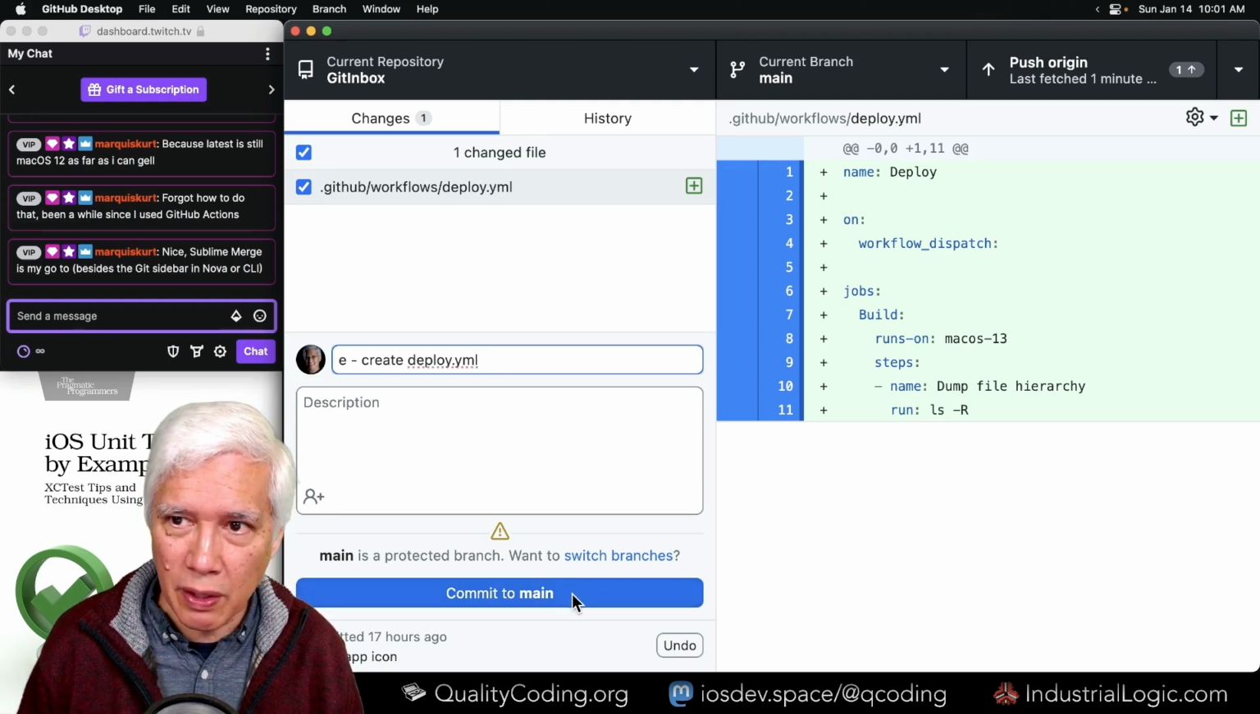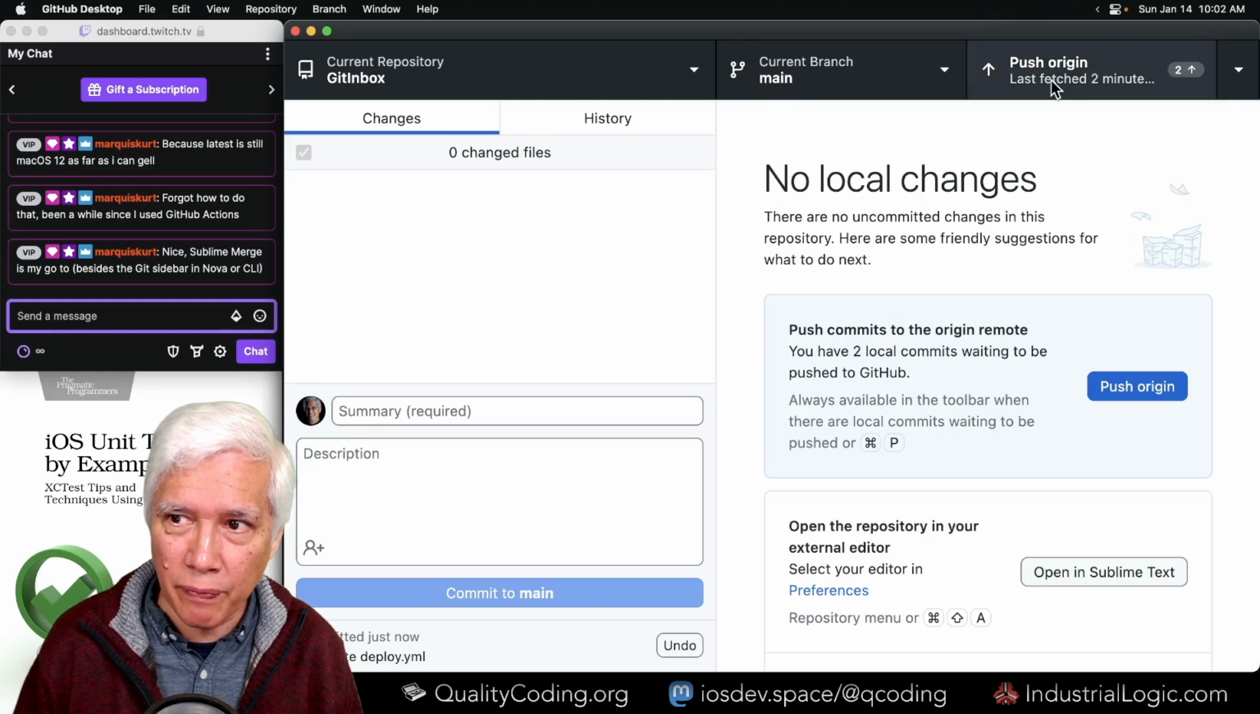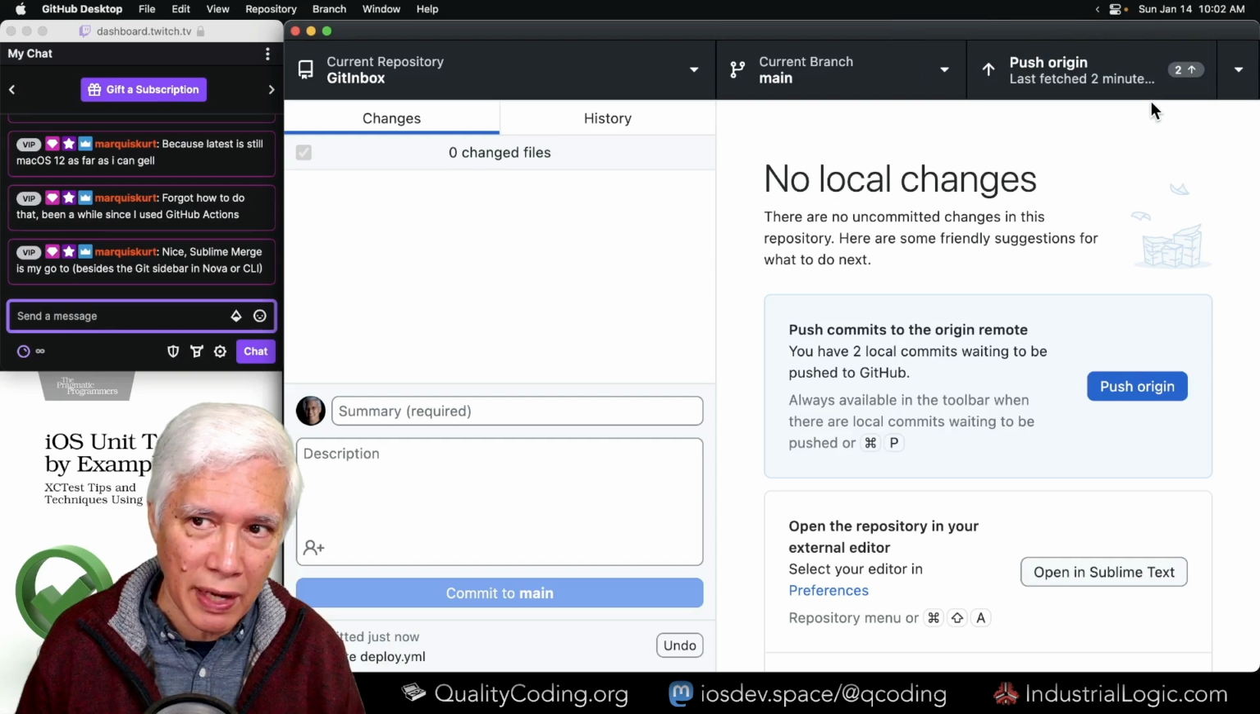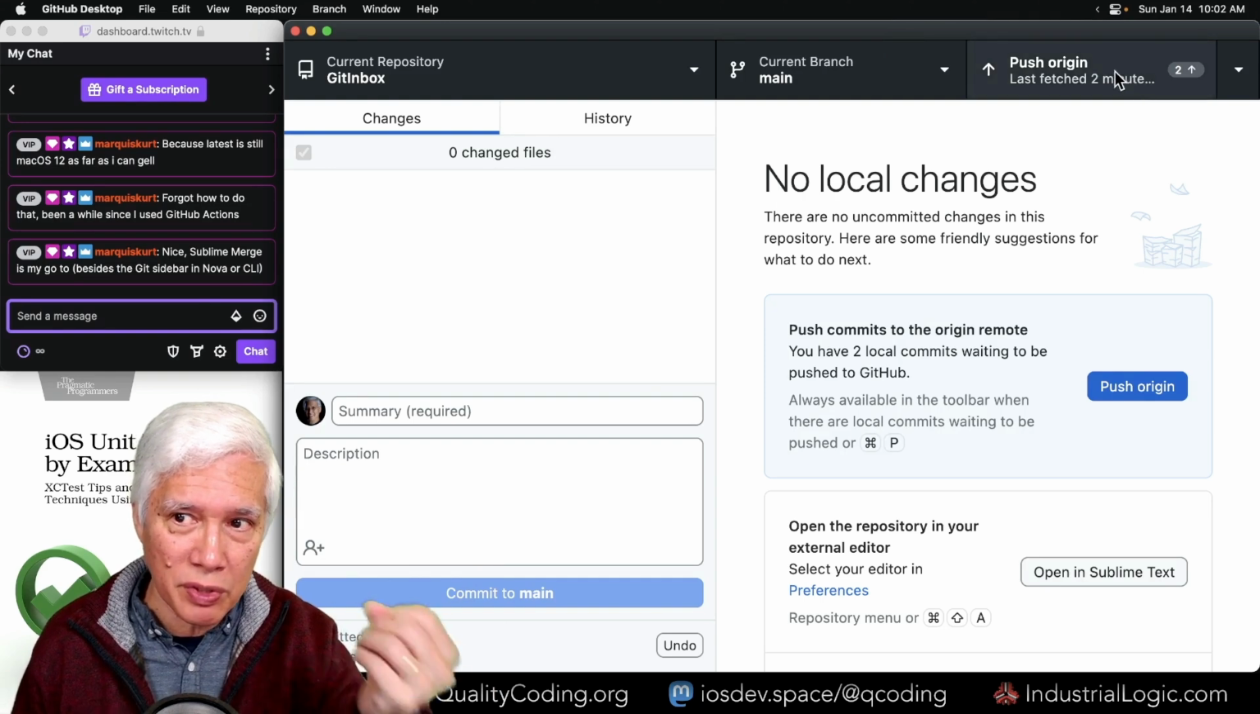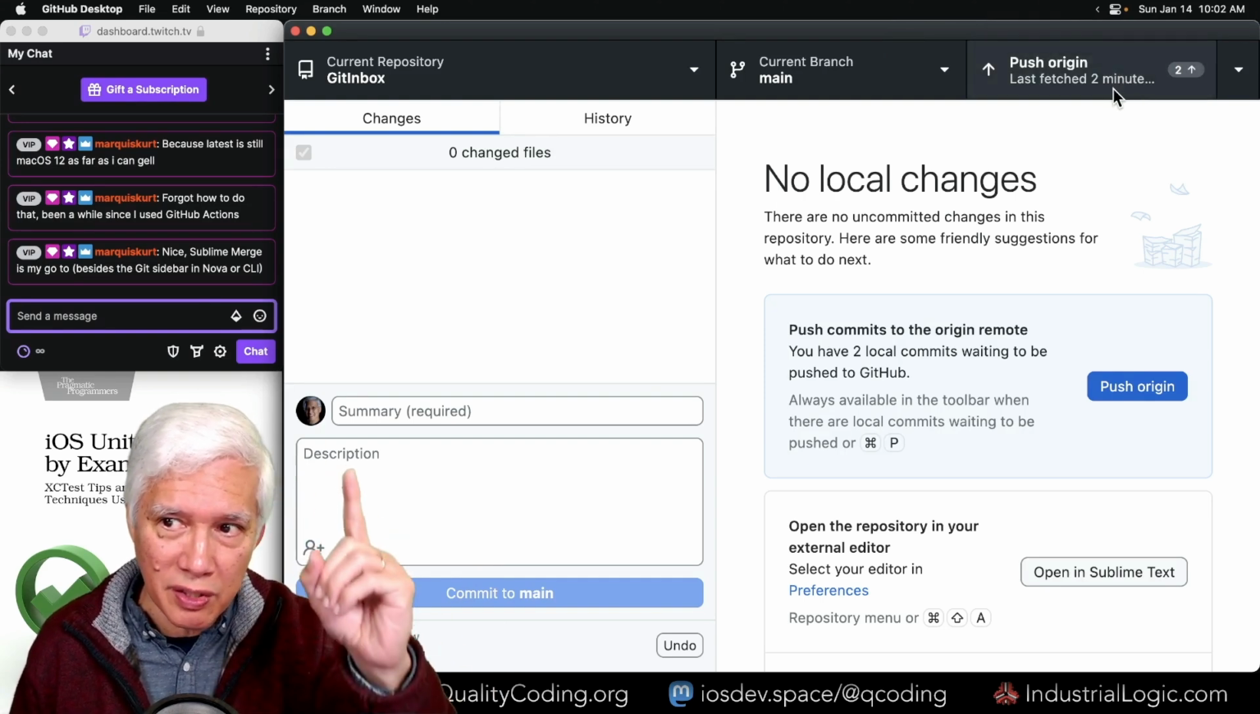And I'm going to commit. Now here's a magic button up here. A nice thing about this in GitHub Desktop is it's sort of a magic button. It changes according to what's going on. Right now it's saying push here, click here to push,